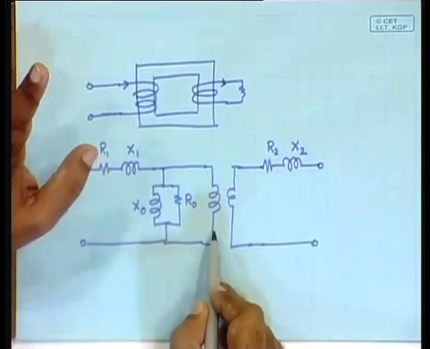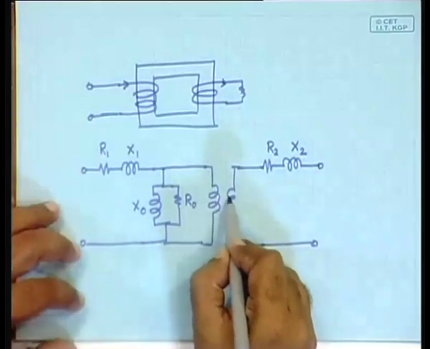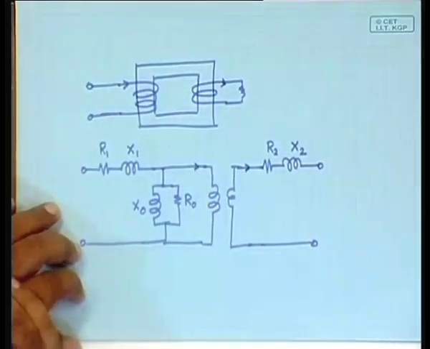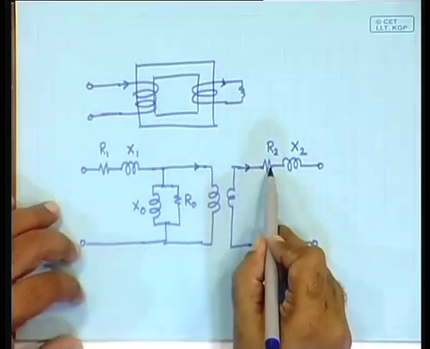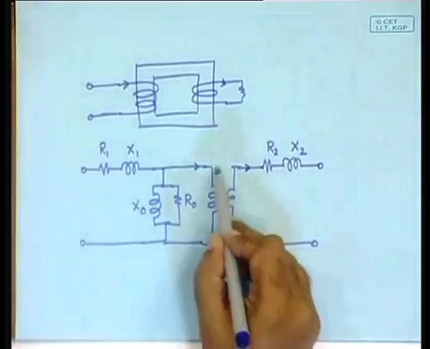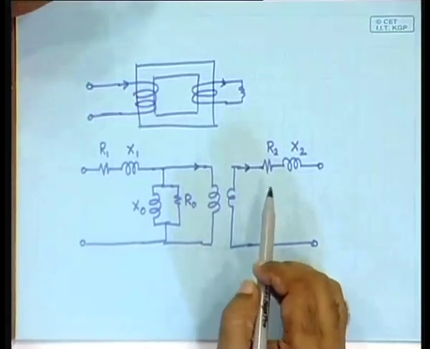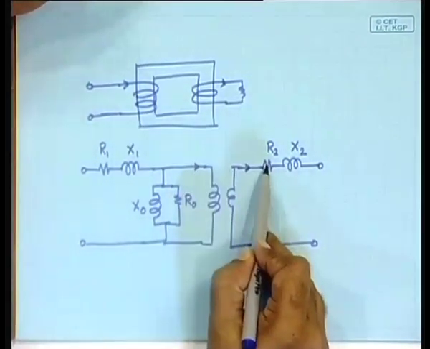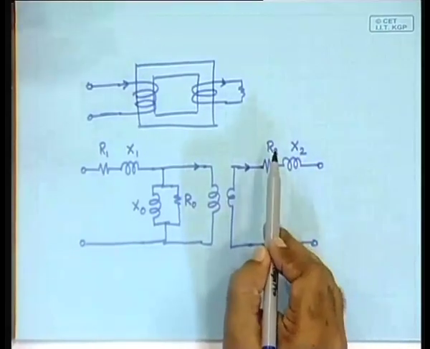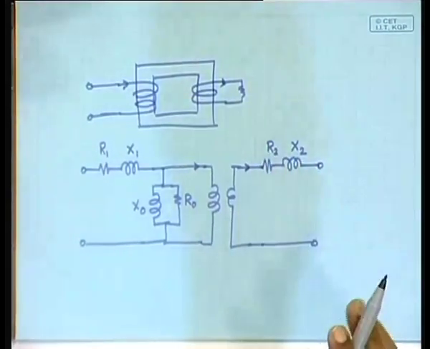But just saying that will not suffice. Why? Because here there was a turns ratio, and because of the turns ratio, the current that was going in was not the same as the current that was going here. As a result, if the current is different, then the amount of power loss that was here will also be different, and that has to be made the same if you want to eliminate this. Yes, in order to do that, what we do is a simple trick. We say that let the same current flow through this, and as a result we will need to change this, and since the power loss is proportional to I square R, therefore what we do is we multiply by the turns ratio square,